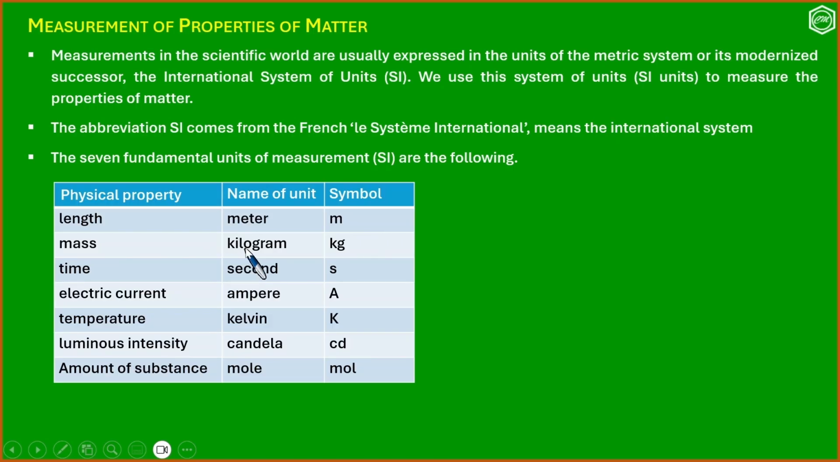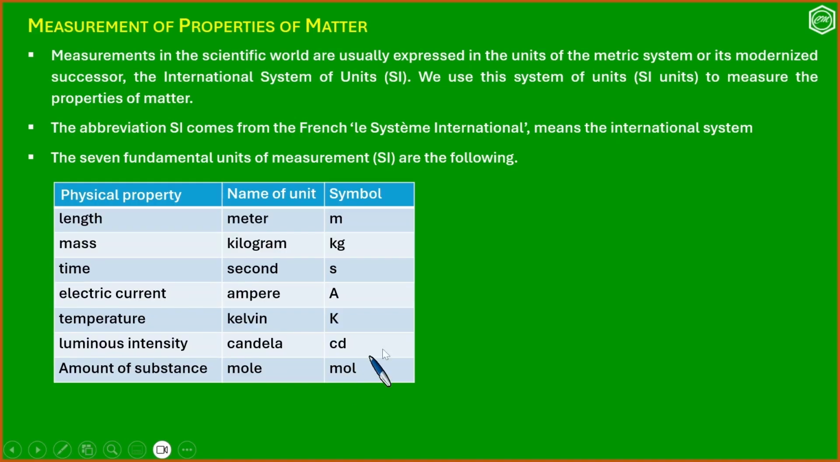Mass, name of unit kilogram, symbol lowercase letters kg. Time, second, lowercase letter s. Electric current, ampere, uppercase letter A. Temperature, Kelvin, uppercase letter K. Luminous intensity, candela, lowercase letters cd. Amount of substance, mole,